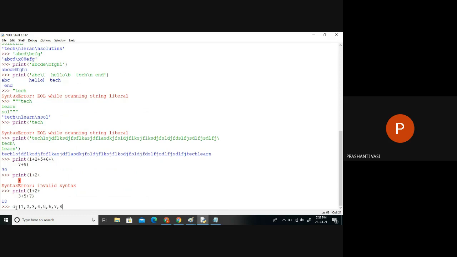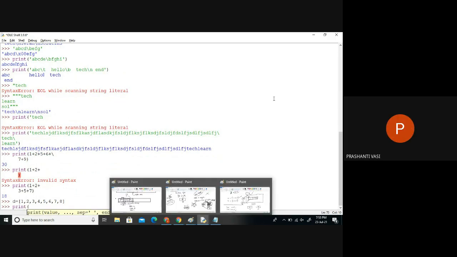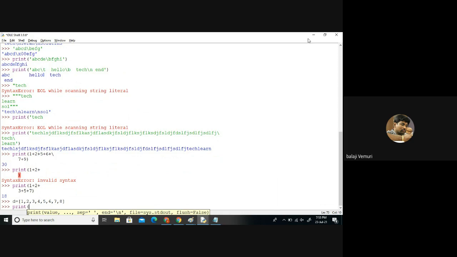Now I want to print the first three elements. What should I do to print only the first three elements? First 3 means d of, colon, and the third element means you need to keep 3.